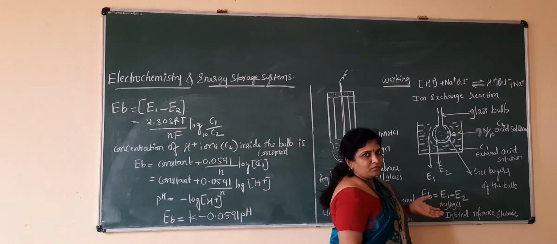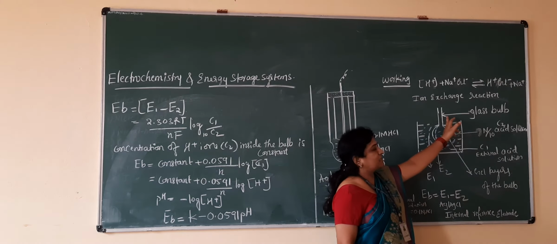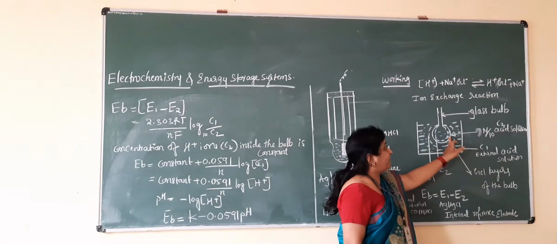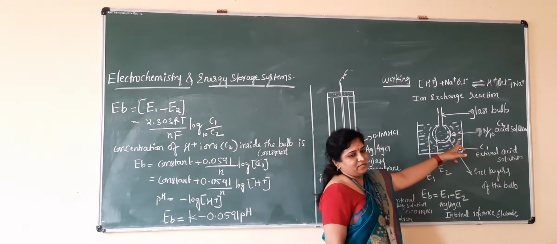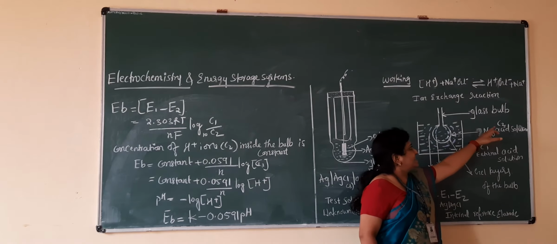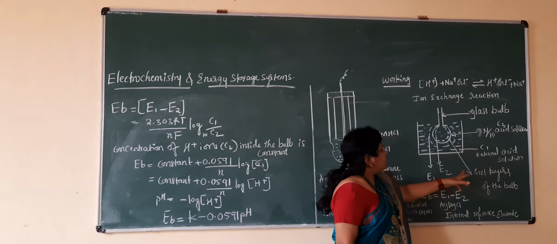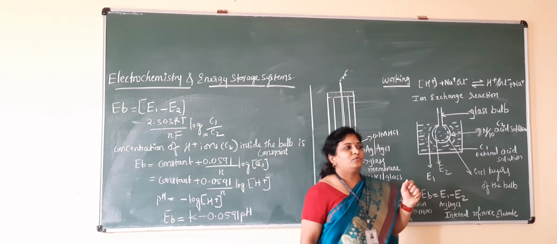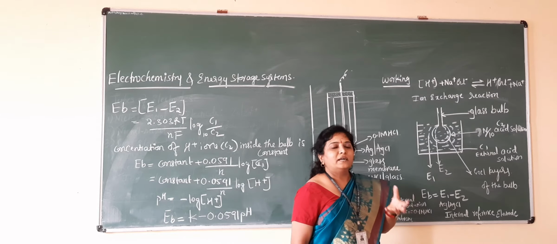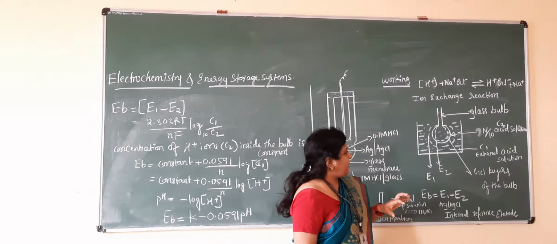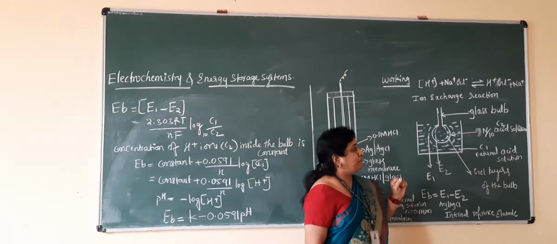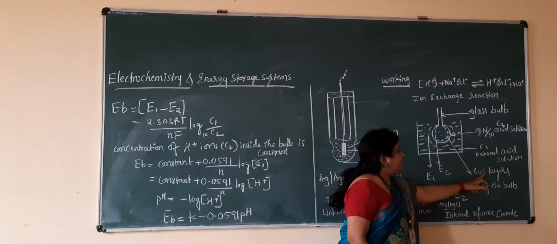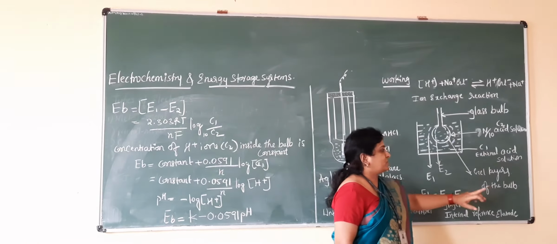About the glass electrode, we have already talked. This is the glass bulb, and inside you can see that 0.1 N acid solution is present. Let us take it as C2. So when the glass electrode is dipped in a beaker containing acid solution, what will happen? Gel layers will develop, as I have shown with the dotted lines. These are called the gel layers of the bulb.